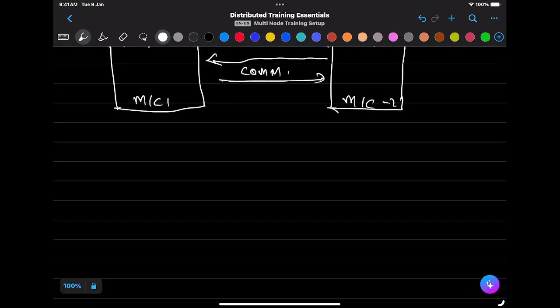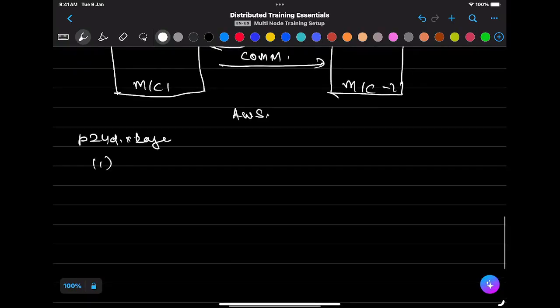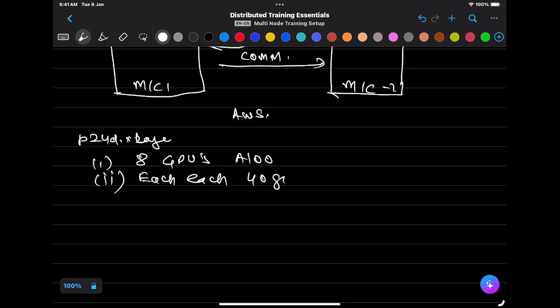The machines that I have are on AWS. The machine name is P4d.24xlarge. On one machine there are 8 GPUs, which are A100s. Each GPU has 40 gigs of memory. So in total, two machines, 16 GPUs,